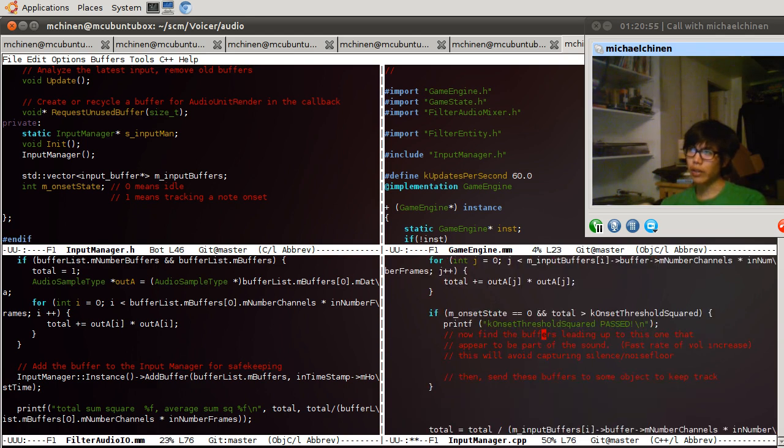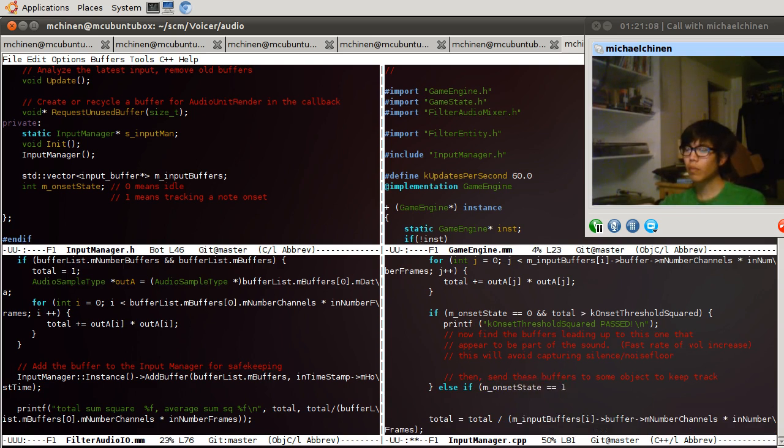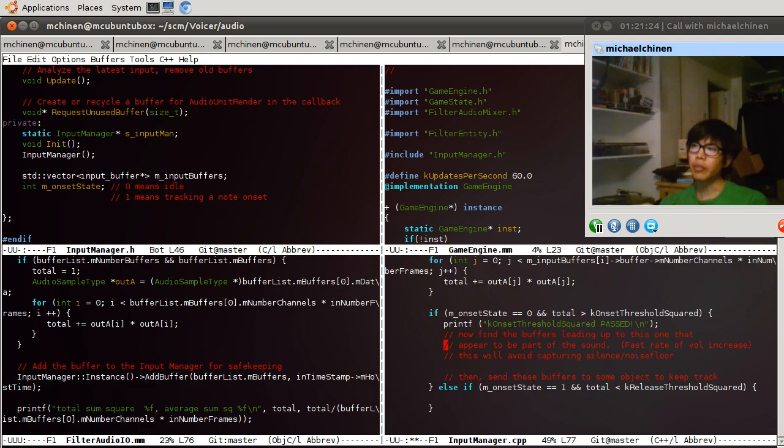Where was I? I didn't type it yet. So, say the state is 1. And total is less than that one. Then we printf